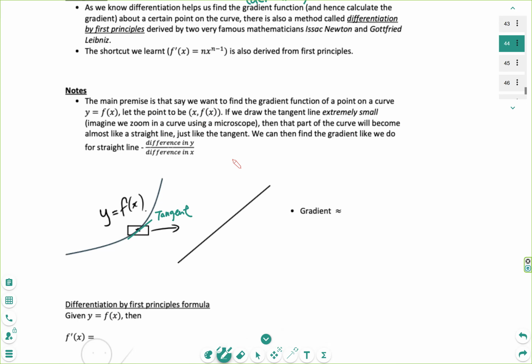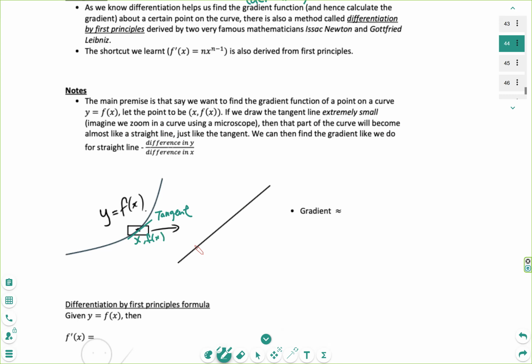If we draw the tangent line extremely small, imagine we zoom in on a curve using a microscope, then that part of the curve will become an almost straight line. So if you zoom in a million times, no matter how curvy the line is, it will almost become a straight line. So this point, x, f of x,